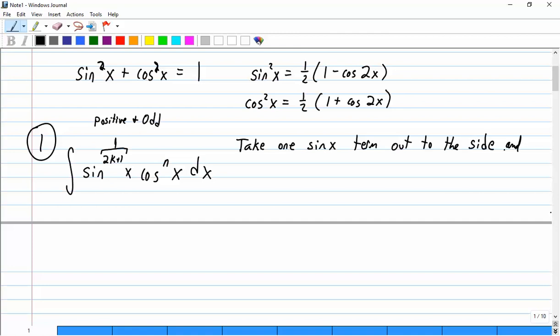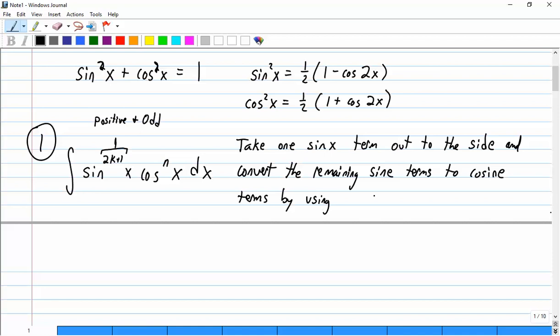And convert the remaining sine terms to cosine terms by using,